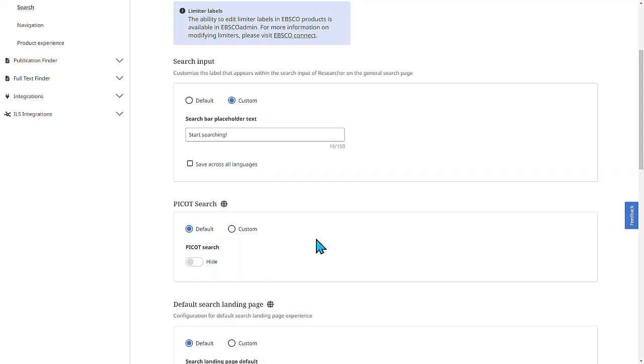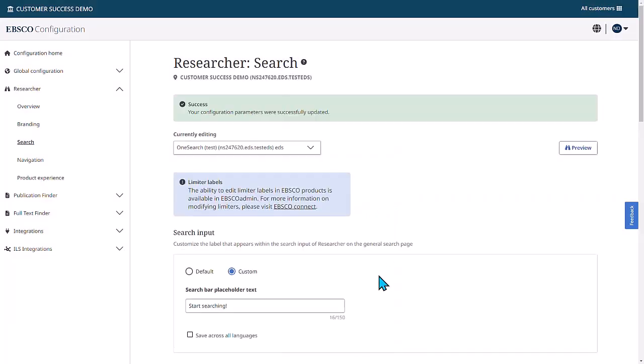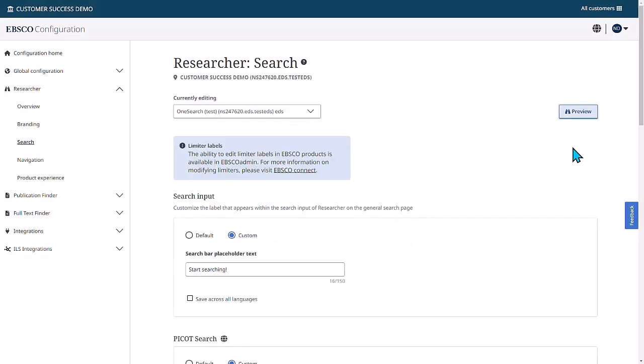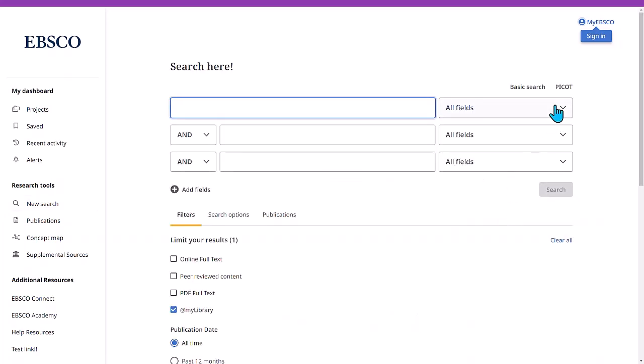To enable, click Custom and Show. Click Publish to apply the change, and click on Preview to view and access the PICOT tool. It will be available in both the basic search and the